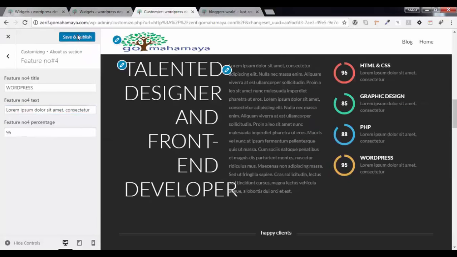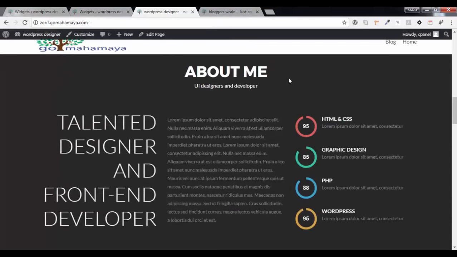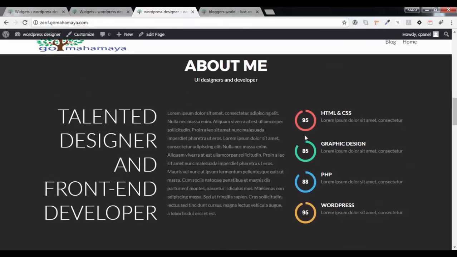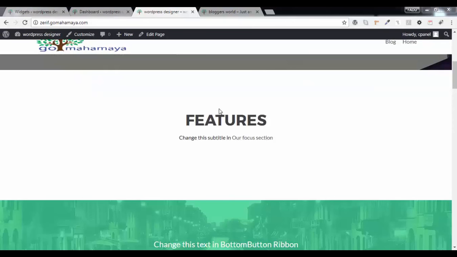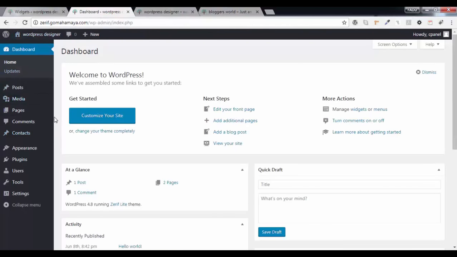And say save and publish and cancel this. And now we are ready with our about section. And now we'll be editing feature section. For that go to your dashboard. Now I'm inside the dashboard,